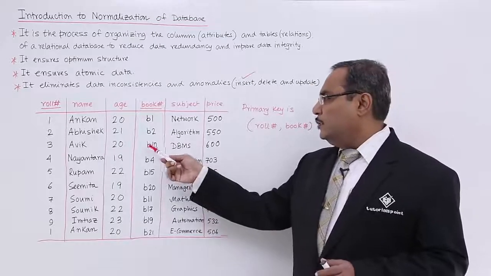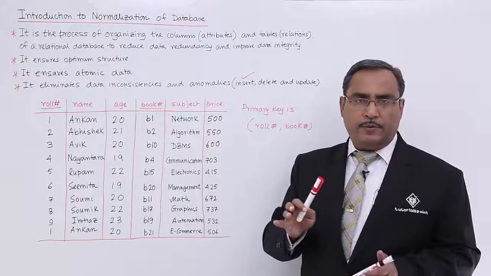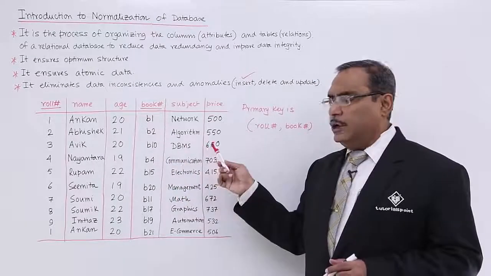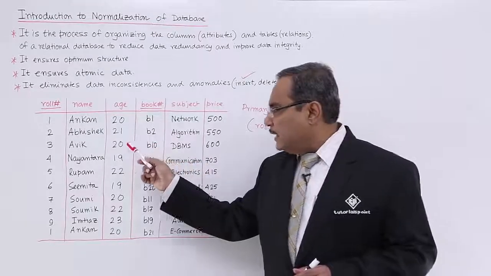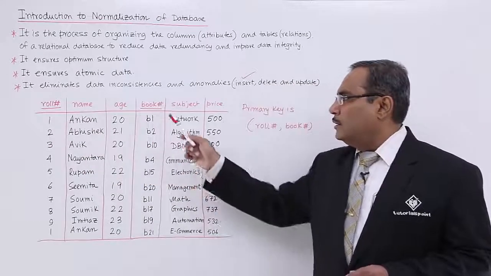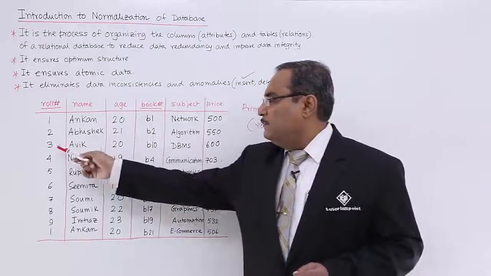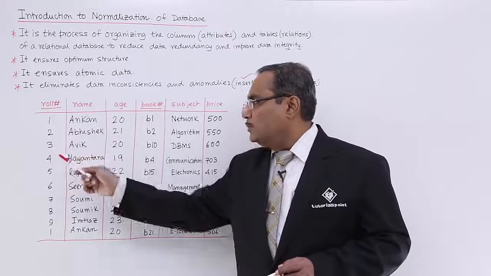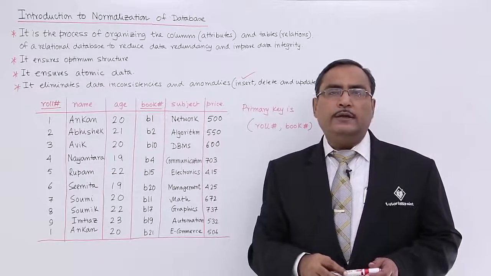Let us suppose this particular book, DBMS, has been lost from the library. So this particular book has to be deleted. If we delete this particular book's details, then this book number will become void, null. As a result, this particular tuple is getting deleted, because I cannot keep any tuple where one of the prime attributes has a null value. So if we delete this full tuple, then the information of this Ovic with age 20, roll number 3, will be lost. So that is the deletion anomaly.